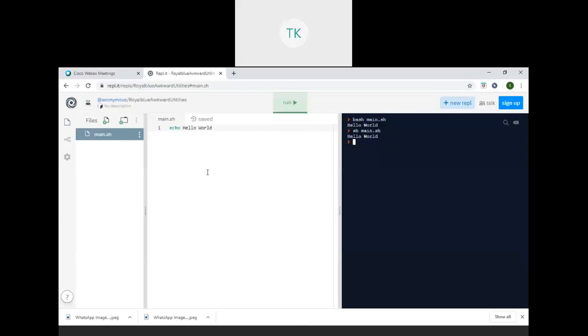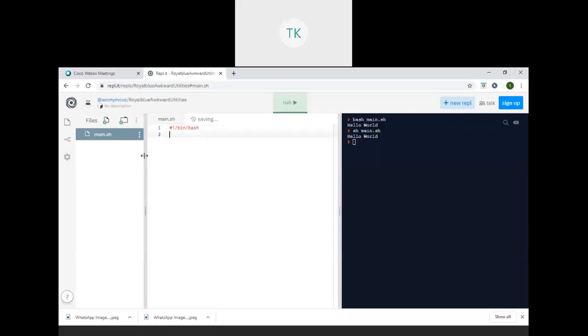Here is the first program. Try to understand. The first program is to write a shell script for displaying a multiplication table. The first line is hash bang, slash bin slash bash. Bash is an interpreter which is available in the bin directory, so this is the interpreter designated line.